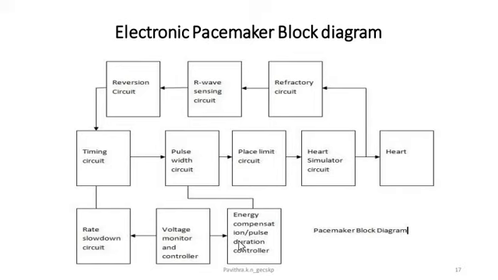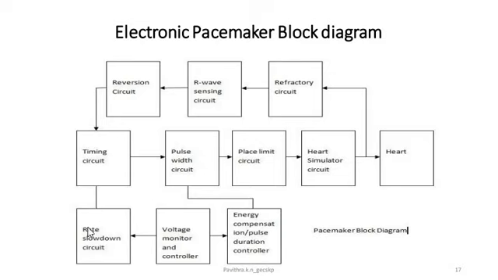And next one, energy compensation or pulse duration control circuit. If the battery voltage is decreased, the energy compensation circuit increases the pulse duration so that the pulses delivered to the patient are not affected by the battery charge loss. The pulse which we are giving to the heart should be continuous. We should not delay it, we should not compromise on it. So for that purpose, we need a backup in case the battery fails. That is the energy compensation or pulse duration controller circuit.